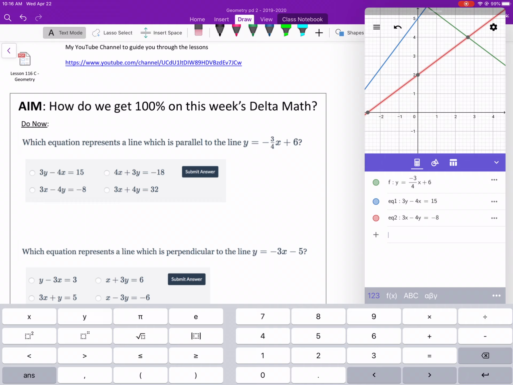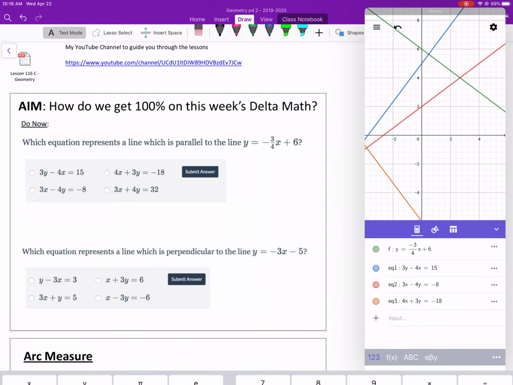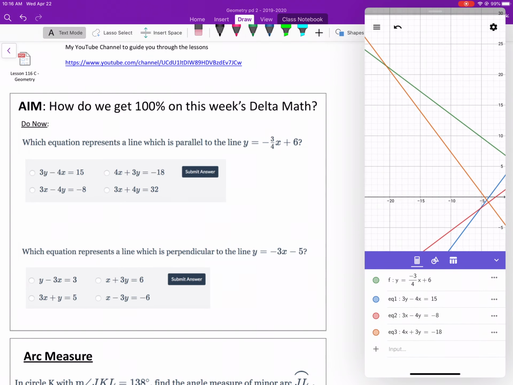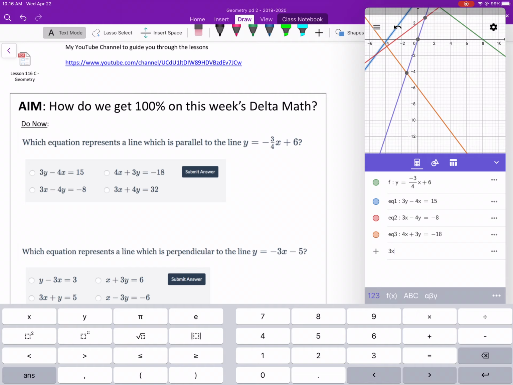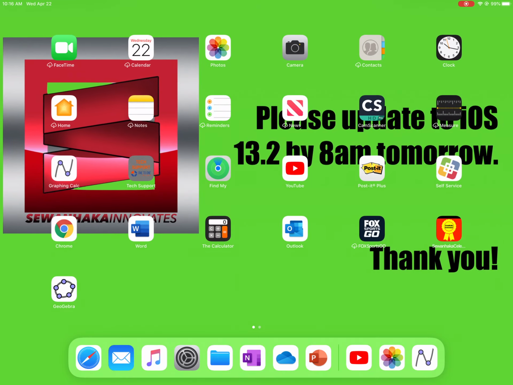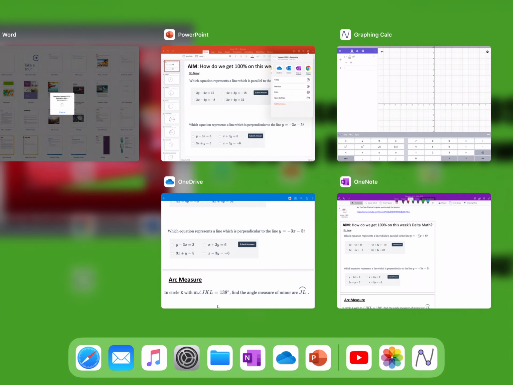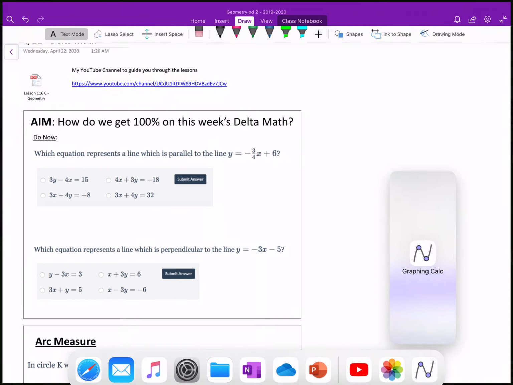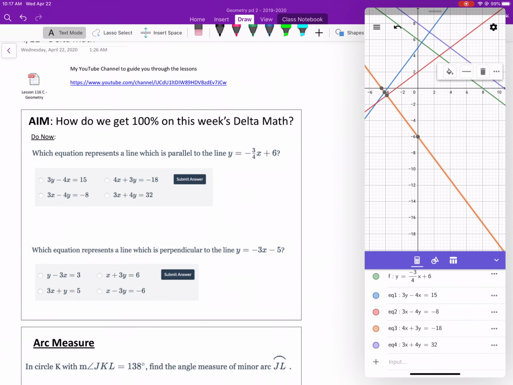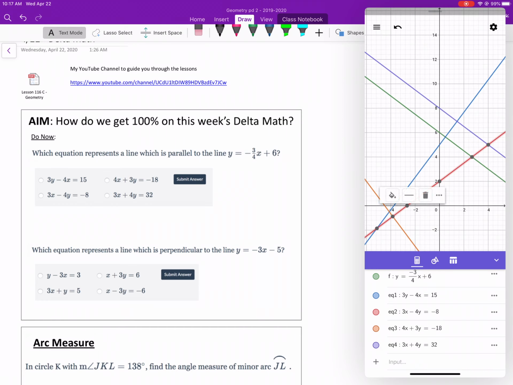Alright. Wouldn't be that one either. Let's go through. 4x plus 3y equals negative 18. Check real quick. That green, nope, the green and the orange, they do intersect. So, should be choice 4. Let's check it. 3x plus 4y equals 32. Alright, you can see that they are parallel, the green